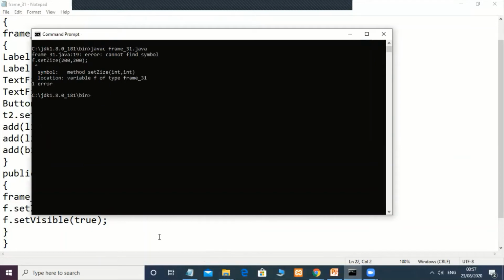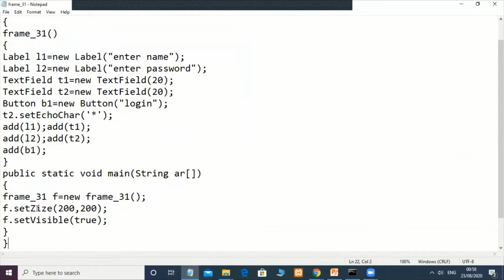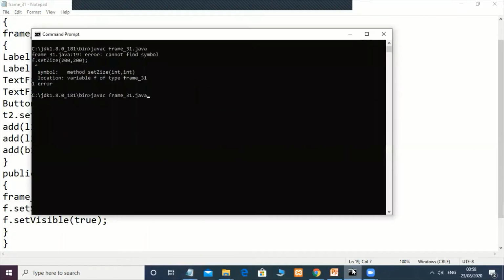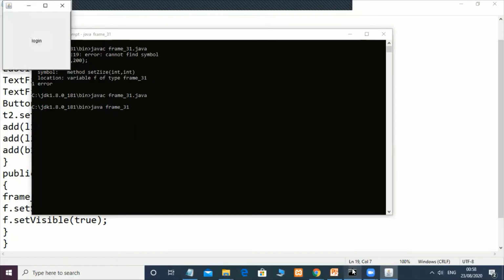The setSize spelling is wrong. Then here we need to run this file by using java because Frame doesn't require a browser. Like this, first we need to compile it and run it. Then I got this output.